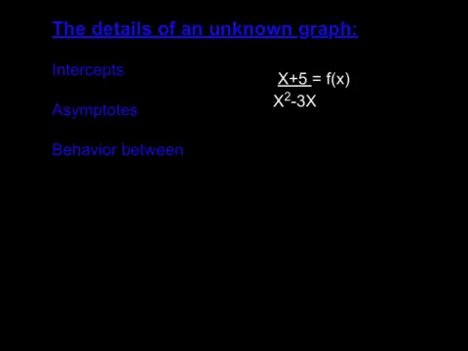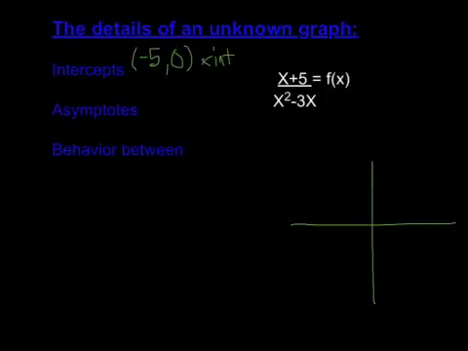Notice I have a rational function, x plus 5 over x squared minus 3x, and that function is the object of my affection. I would like to graph it, but gosh, I don't know too much about it yet. The analysis that we've done already in this class includes finding x and y intercepts. This function has an x-intercept